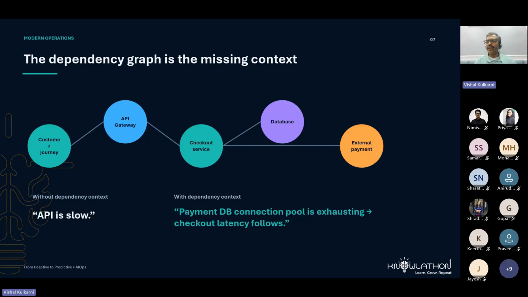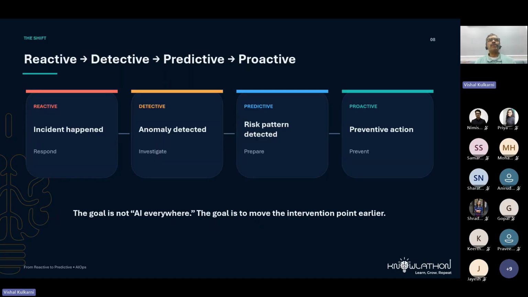And this is a typical context, which helps us to understand the importance of having the observability capabilities, and why organizations are moving beyond the monitoring capabilities. Typically, if you look at it, the way Shraddha was talking about when she started this webinar, right? Typically moving from reactive to detective, then predictive, and then proactive, right? And this is a maturity path every organization is looking out for, wherein the goal is not to have